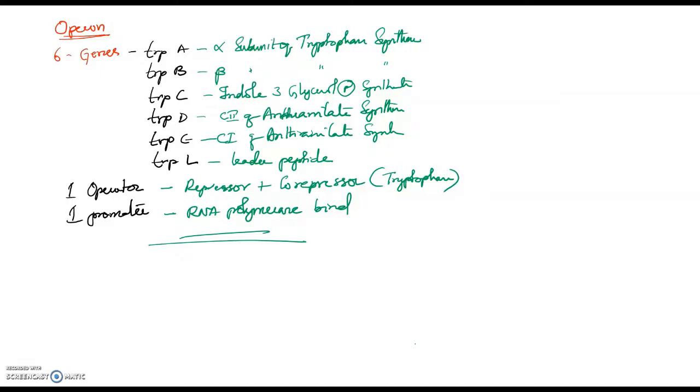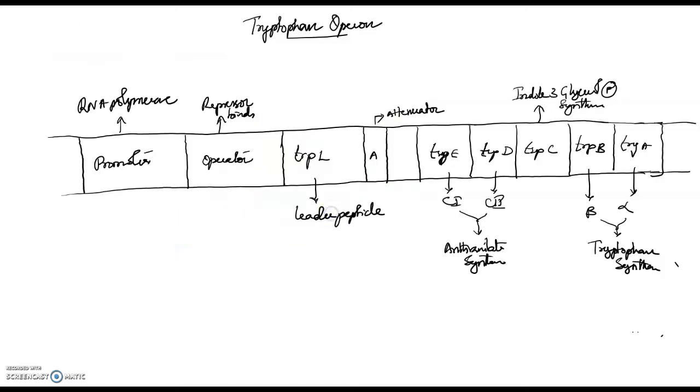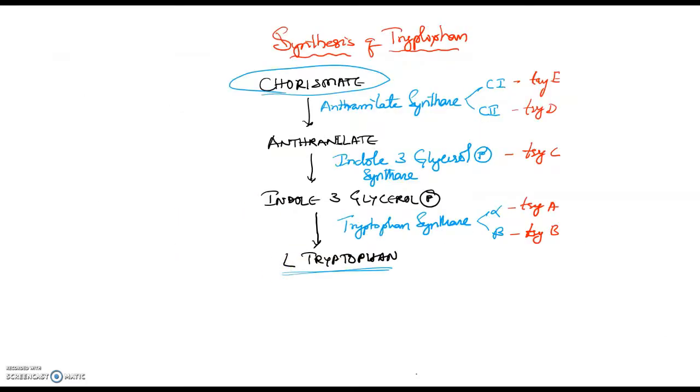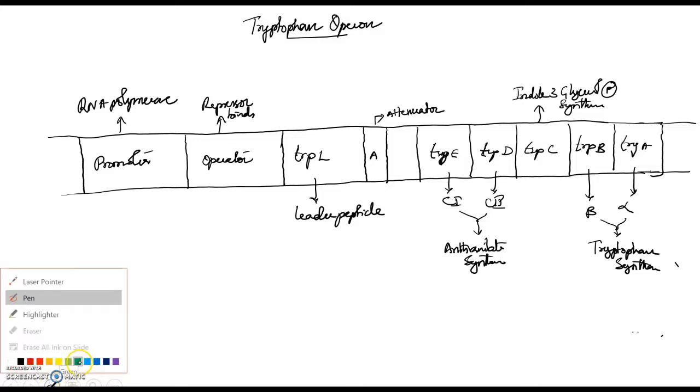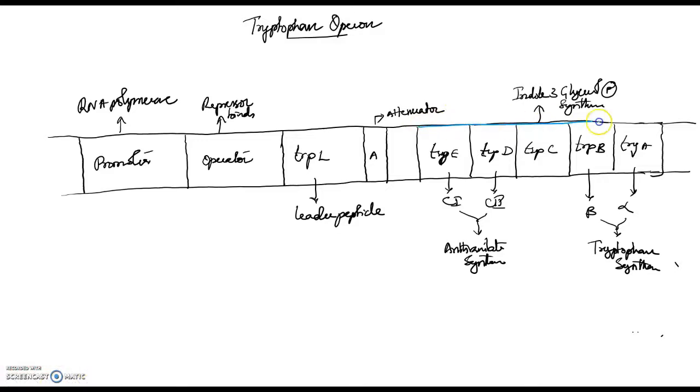Let us just take a quick look. I just want you to completely understand, get that picture of this tryptophan operon inside your mind, because later when we talk about attenuation, it takes a lot for you to understand it. Okay, it takes a lot of brain. First, synthesis of tryptophan. From chorismate, tryptophan is formed. It requires 3 enzymes, which have 5 subunits, which are coded by 5 genes. All these 5 genes are present in a sequential order on the DNA.